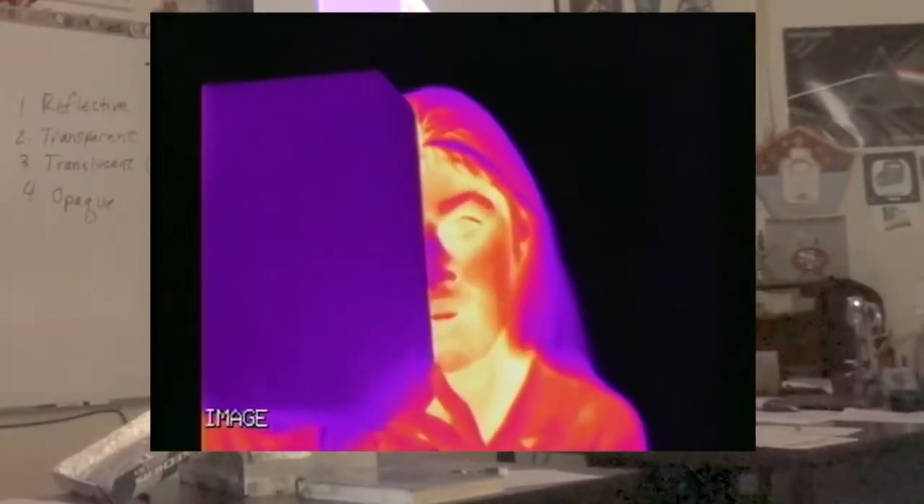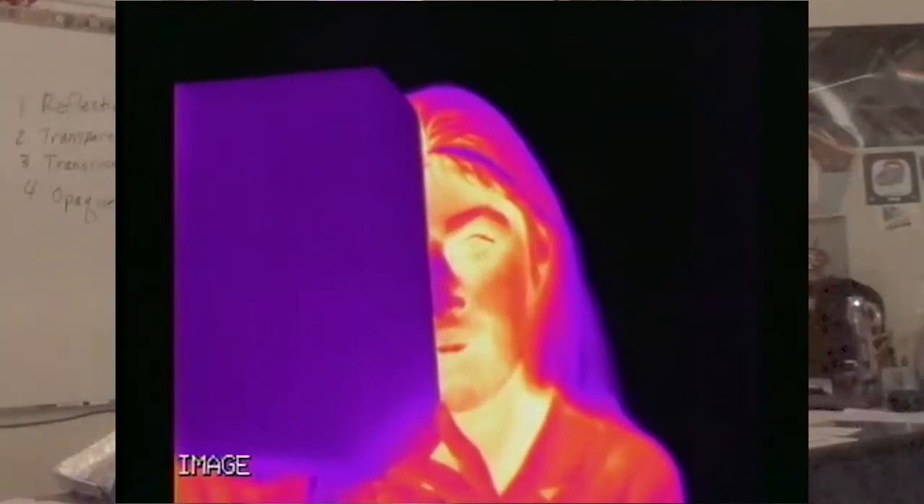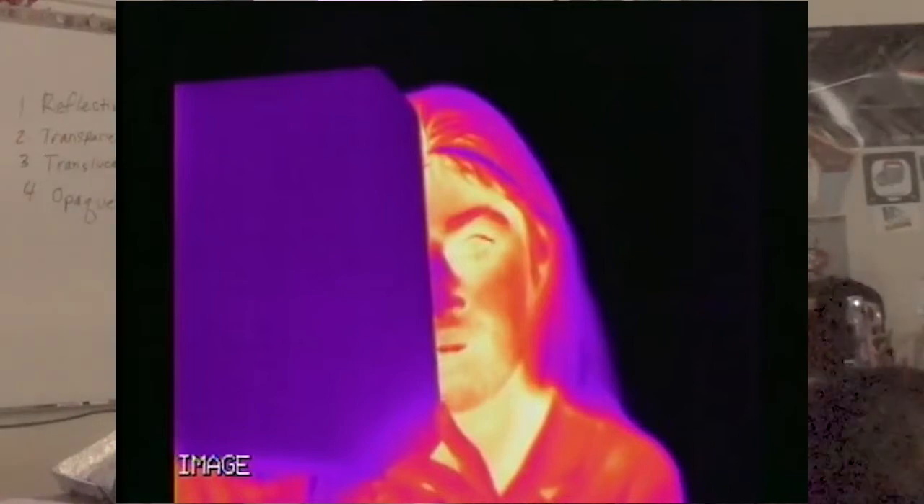So a piece of glass is transparent to visible light, but it's opaque to infrared, right? I cannot see the heat of her face. It's not coming through the glass, okay? And I can tell from the camera that the piece of glass is cool. If the glass was warm, it would shine red like her face, okay? But this piece of glass is cool. So that leads us to